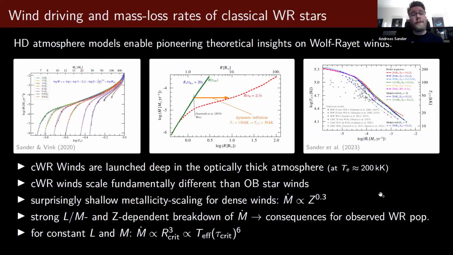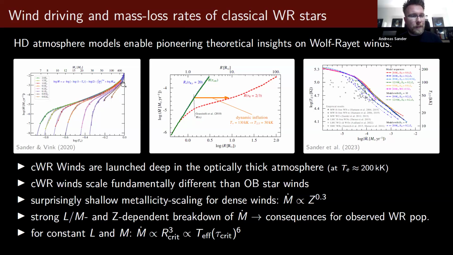Now, if you run hydrodynamically consistent models for a large set of parameters, you can use that to infer, for example, mass loss recipes. So this is what I did together with Yorick in the 2020 paper, where I created a large set of models, in this case for WN-type Wolf-Rayet stars, and varied the masses, but also the metallicities,